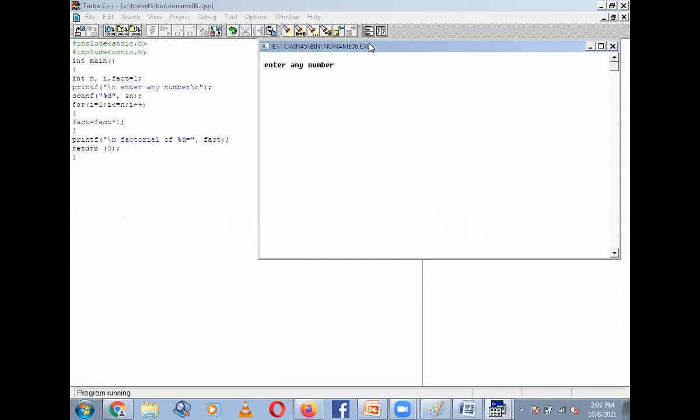See here, enter any number. Suppose I have entered the number 4, then what will be the output is